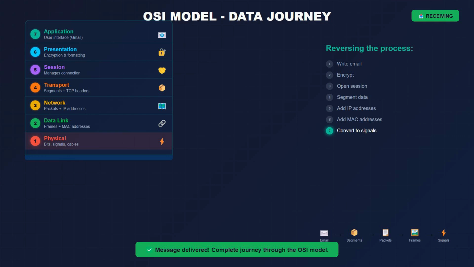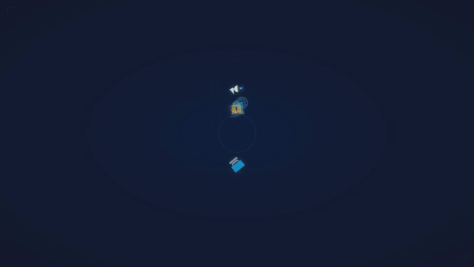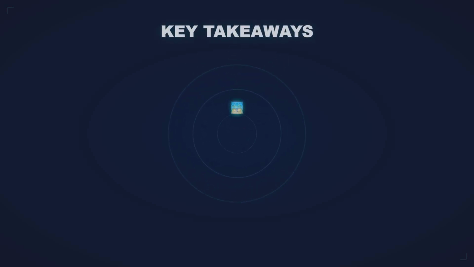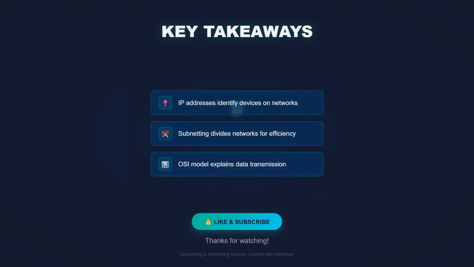Then it moves to the network layer. The network layer wraps each segment into packets, adding the IP addresses of the sender and the receiver so that the data knows where to go. Now it moves to the data link layer. The data link layer wraps this packet into frames, adding MAC addresses for delivering across the local network. This can be your Wi-Fi or your